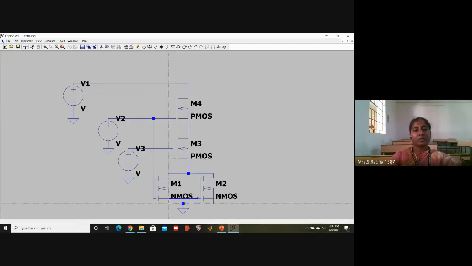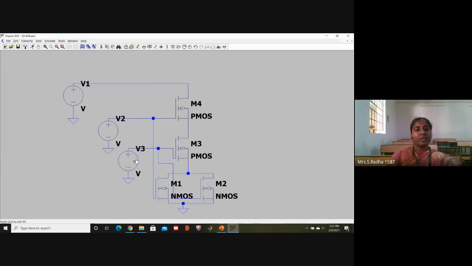And appropriately you have to connect them. Change direction wherever required. I have changed direction many times, but I have connected correctly.